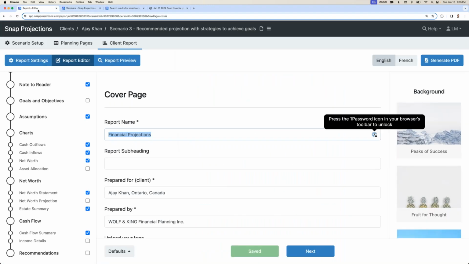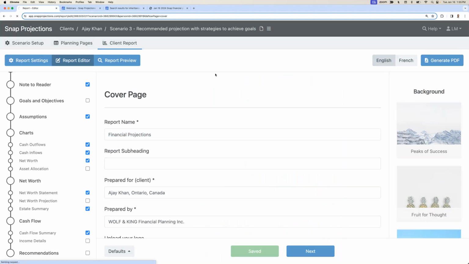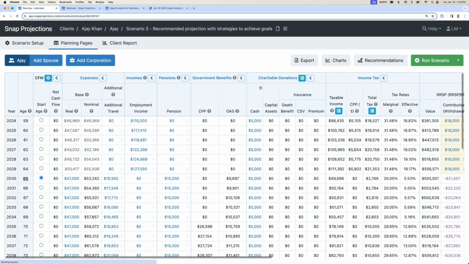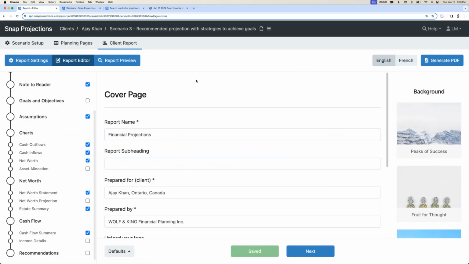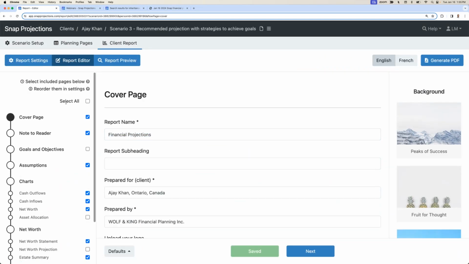Perfect. Thank you, Steve. And another really good question, is there a one-pager we can present? And I'll let you answer that question, Steve. Yeah, so the exciting news is that very soon there will be. Our product manager sent out an email last year, end of the year, getting feedback on what we're calling the snapshot. So it's going to be a new section of the client report where you can consolidate and really focus the client conversation around a few key pieces of information.